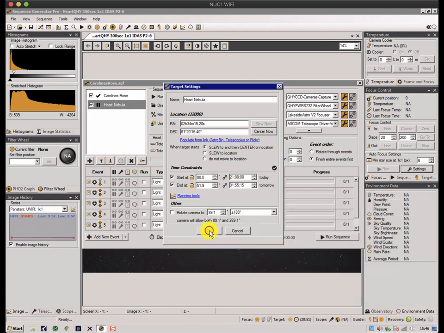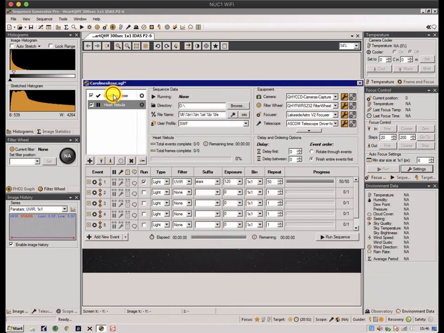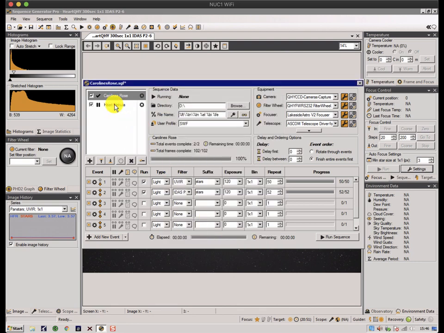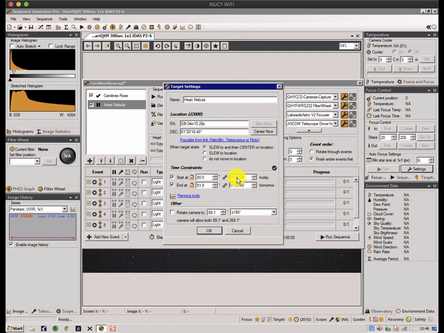So now what will happen is Caroline's Rose will start as it gets dark and go on to 11 o'clock at night, and then it'll slew to the Heart Nebula, which will go from 2100 hours all the way through to 2 o'clock in the morning. And so in any one night you can do several targets,